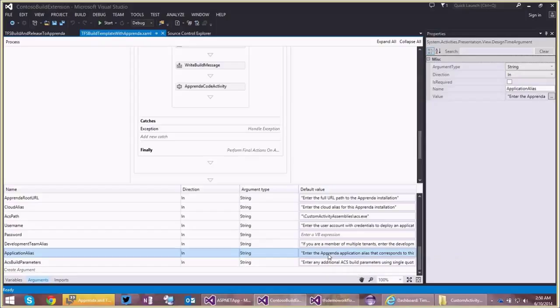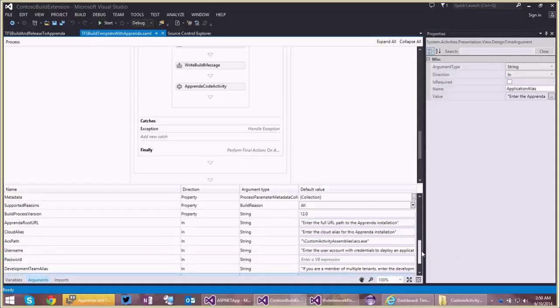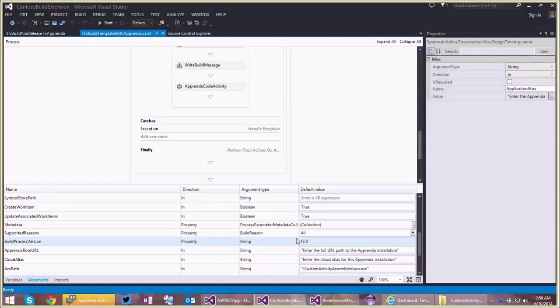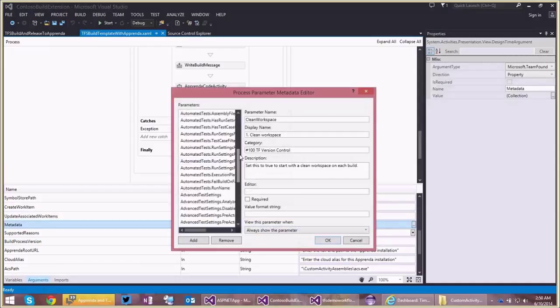Now, as an end user that's looking at this build definition, it would be very useful for me to have all of these Apprenda parameters grouped together. To enable that, we have gone ahead and modified the metadata parameter of this workflow. Let's go ahead and open up the collection here. If you were to scroll down all the way to the bottom, you will find the 8 parameters that are